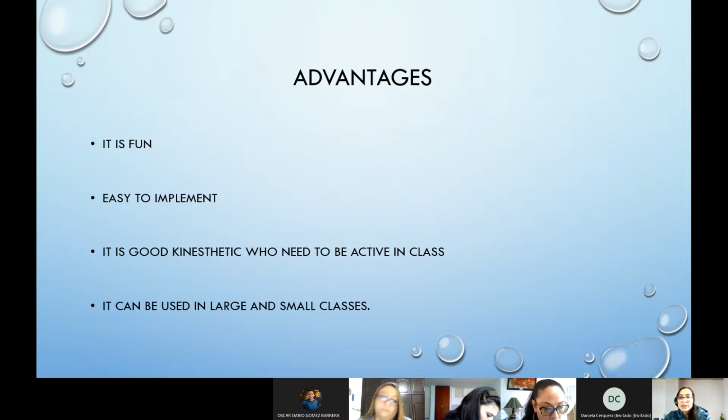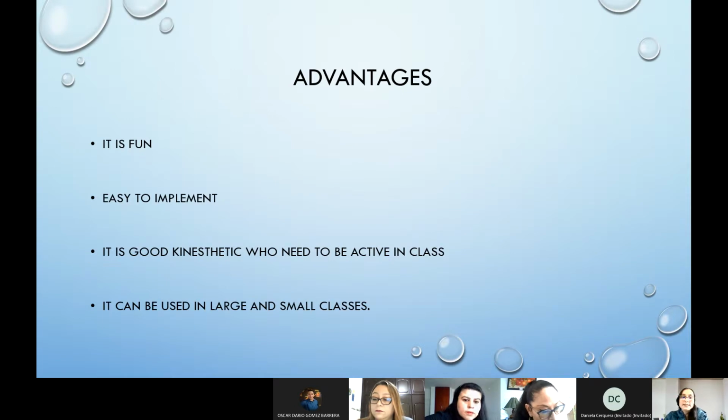The advantages of the total physical response are that it is very fun, because we use the total physical response with children, and they really like to play and enjoy the activities that they are doing. So it is very fun for them. It is very easy to implement because, for example, with kids, we can use this technique like a game. So it's very easy to implement in the classroom. And it is also good for kinesthetic learners, who need to be active in the class. Like we know, there are a lot of kinds of learning